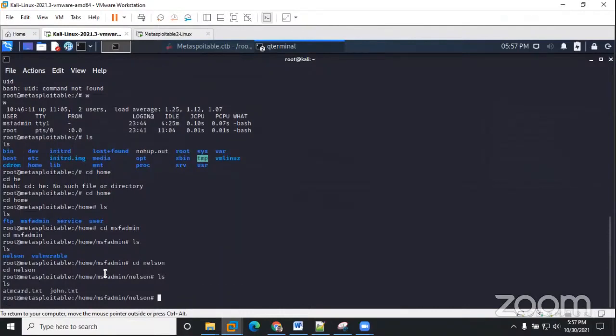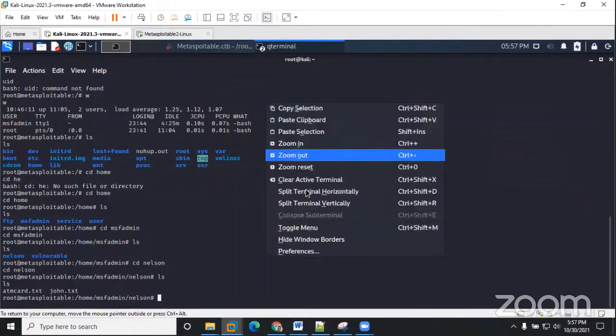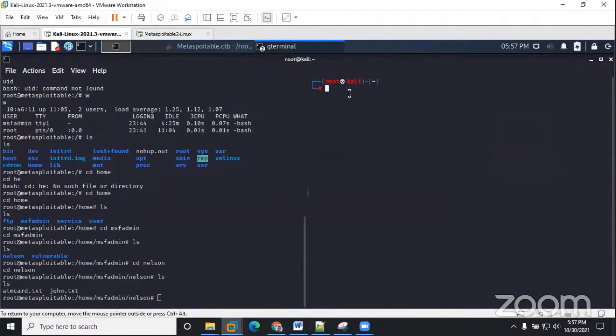Now, I want to show you guys, apart from using the download option on Meterpreter, how can we transfer files if we exploit a vulnerability like this? What we can do, we can use the netcat command, nc. There's an nc command, netcat. So what we are going to do is, let me divide the screen into two. So we are going to set up a listener on our host machine using the nc command, right? So nc,